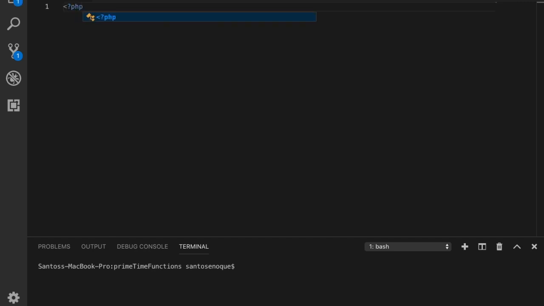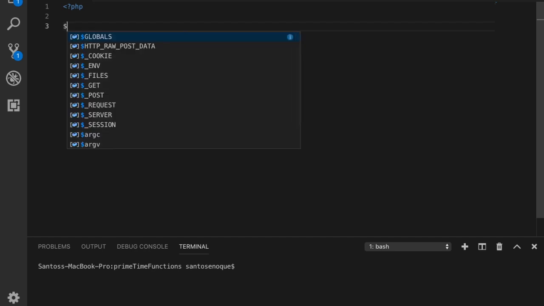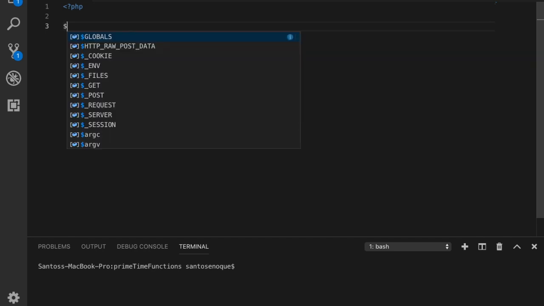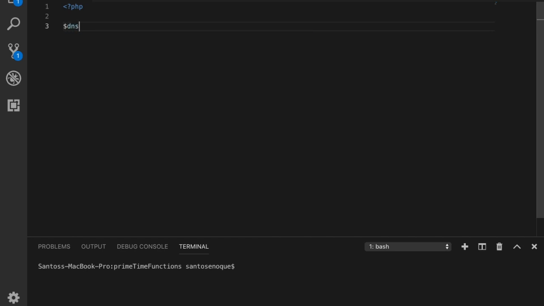And here you're going to write PHP, and after this is done, we are going to create a variable. If you're not familiar with PHP, you use this $ sign to specify that you're working with a variable, and we're going to call this variable DNS is equal mysql, and then host is equal,